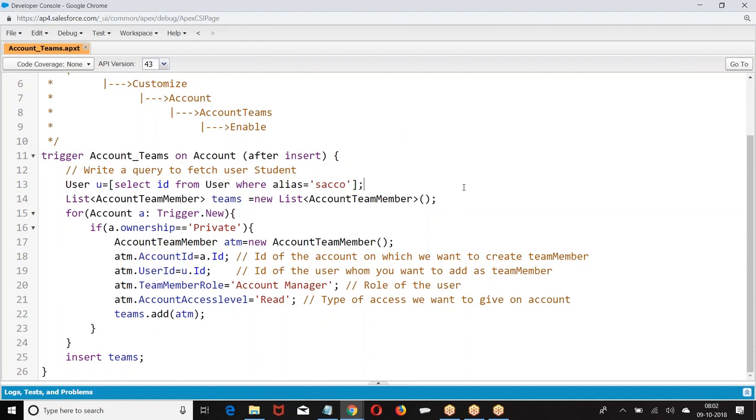What are the possible ways of sharing? First, we'll start with OWD. Then we have role hierarchy. Then we have owner based, criteria based. Then we have manual sharing rule, right? Then we have view all, modify all, view all data, modify all data. Then territory based sharing rule. So there are 9 ways of sharing a record. All these are declarative. All the 9 ways which I discussed now are declarative, which doesn't require any programmatical interference. Suppose I have a requirement like this,